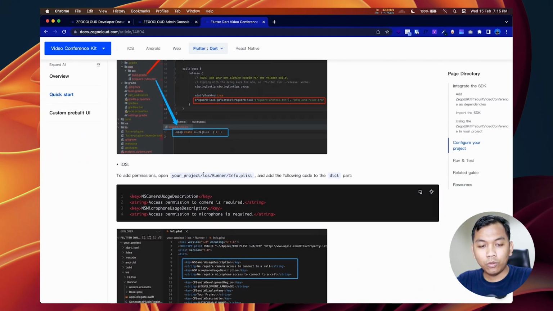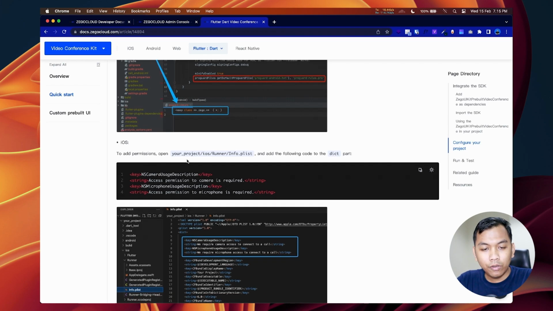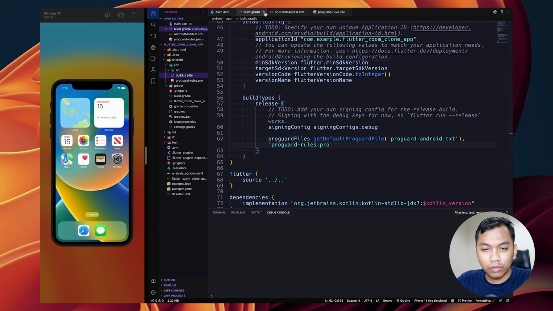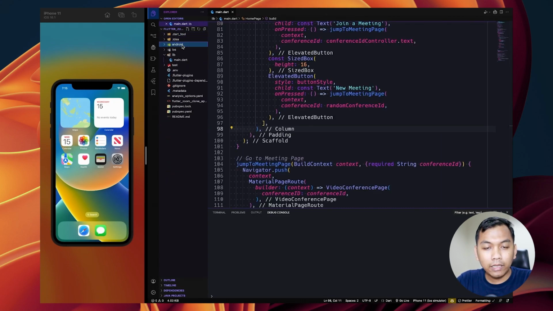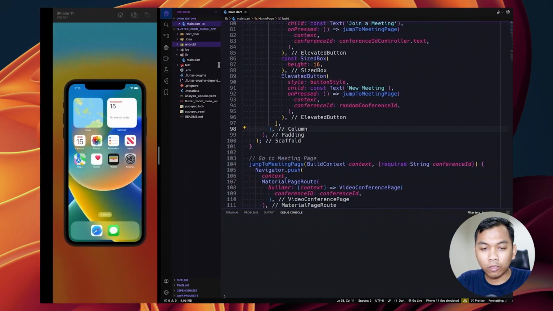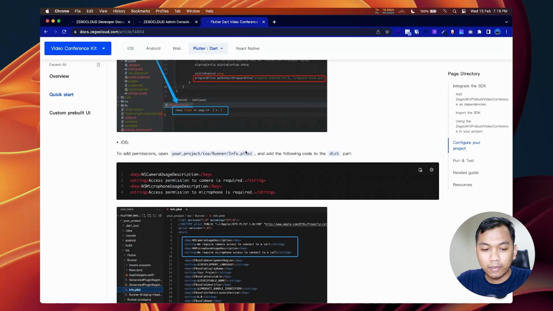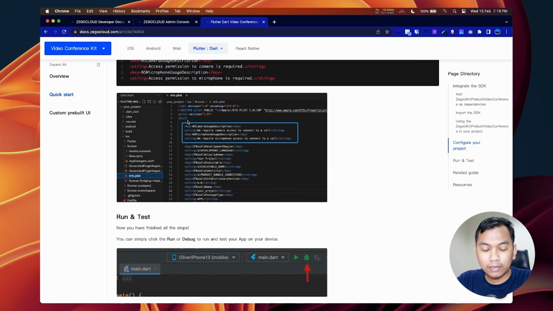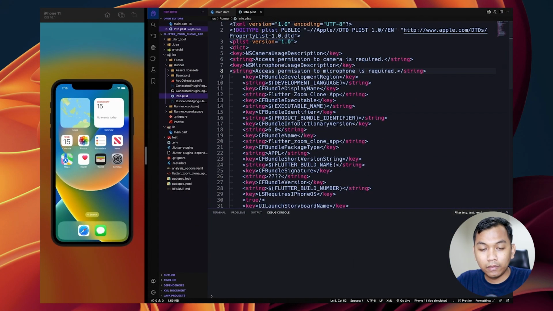The next, we need to configure for iOS. So we need to close this, and this. And the next, we need to copy this and go to the iOS folder, Runner Info.plist, and inside this, which is right here, look like this.